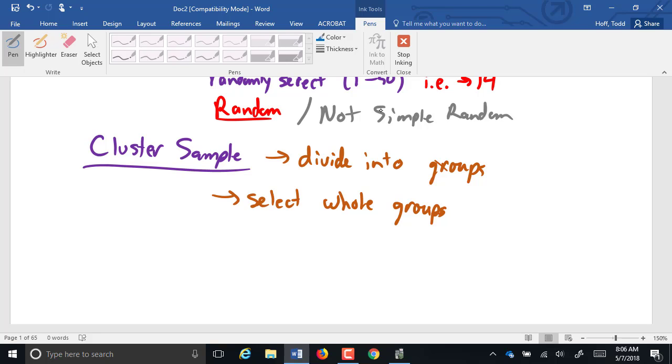So they don't just randomly select students and come out and test you one at a time, because that wouldn't make sense. If they randomly selected students, well, there might be only one of you in here that gets surveyed. So they come in here and survey one, then you go to the next room and survey 1 or 2 people, and they'd have to jump all over the school to survey people. By selecting whole classes, they can survey the whole class and get a bunch of data all at once.